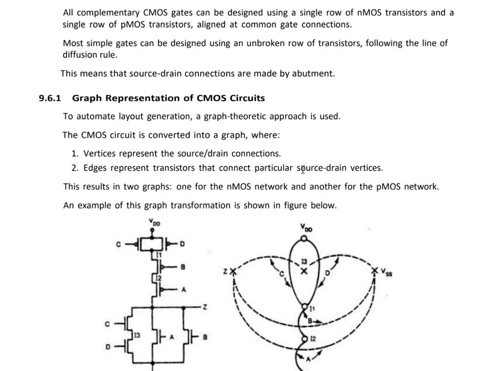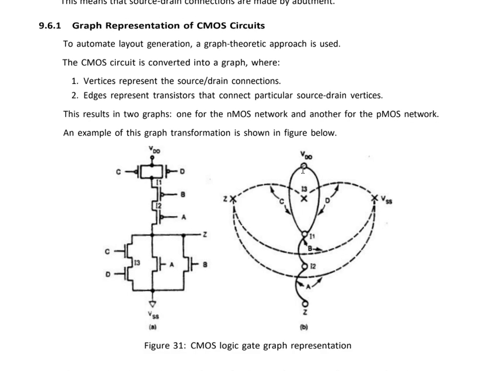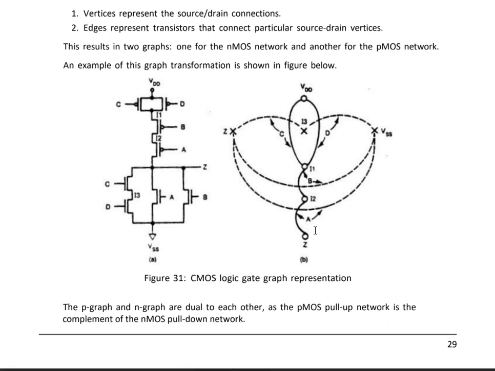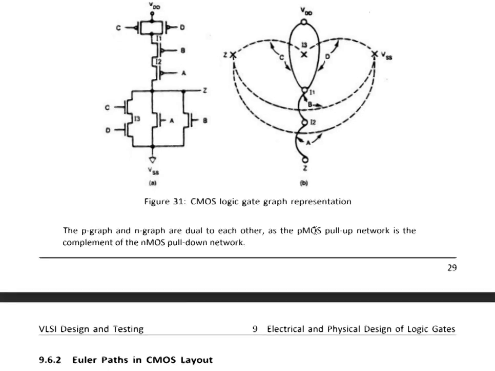There are different types of representation of CMOS circuit. So this is the graph representation. Here you can see the CMOS logic gate representation using the NMOS and PMOS. If you want to represent it in the form of a graph, first you have to plot the points A, B, C and D, and based on the direction of flow of current, one for the NMOS network and another for the PMOS network. So based on the direction of flow, you have to represent the arrows. So this is how you represent the logic gate graph representation.